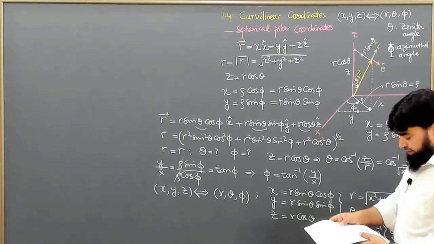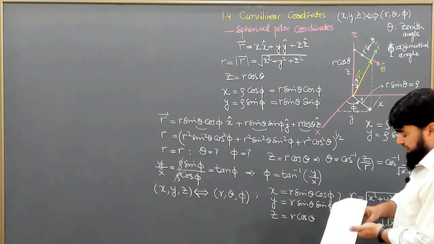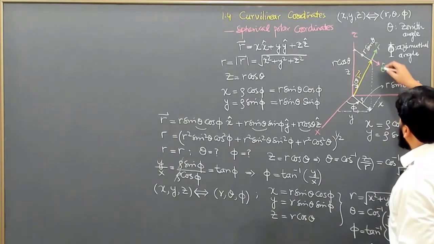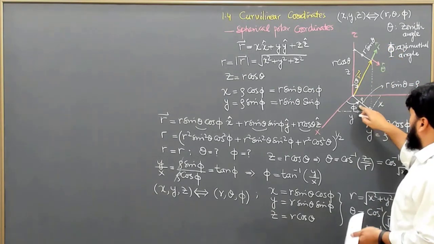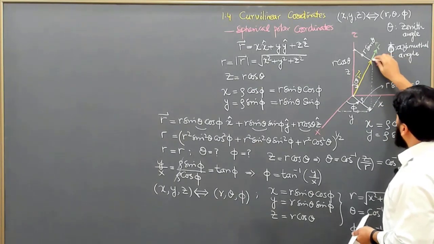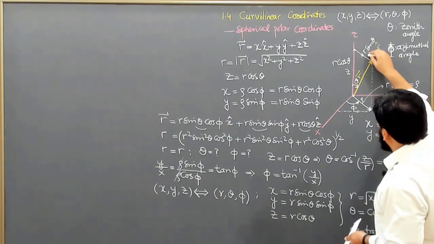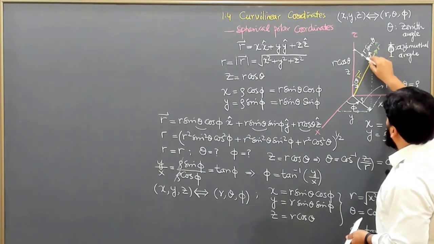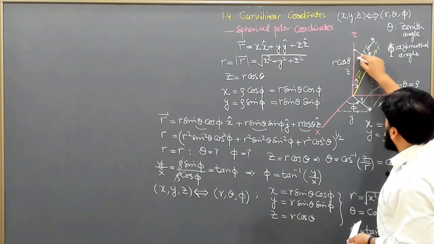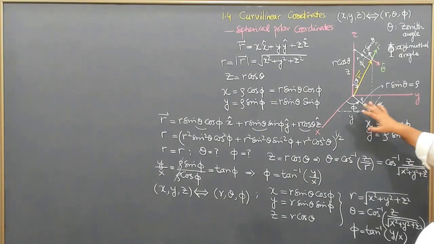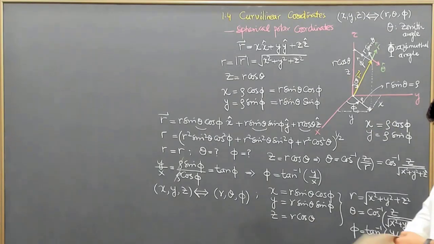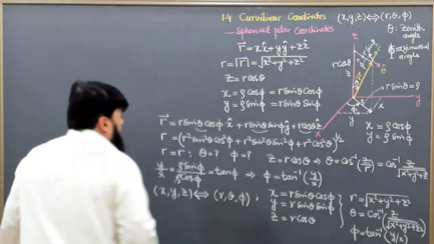And similarly, the angle phi will be along the phi unit vector. It will be in a direction which is very hard to show in 3D, but it will be this inner direction, going this way. So this will be the phi unit vector along this direction, and they are perpendicular to each other. Like we have x, y, z perpendicular to each other, similarly r, theta, phi are also perpendicular to each other, and now we will derive them.